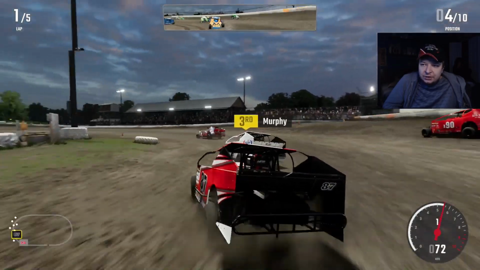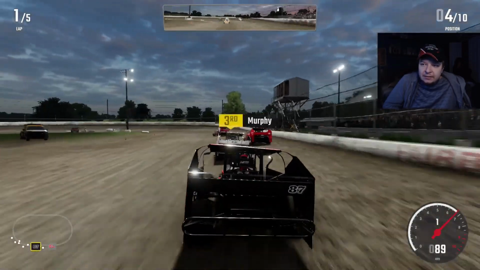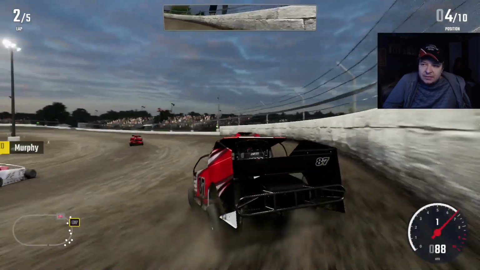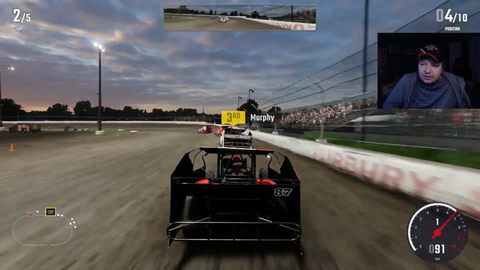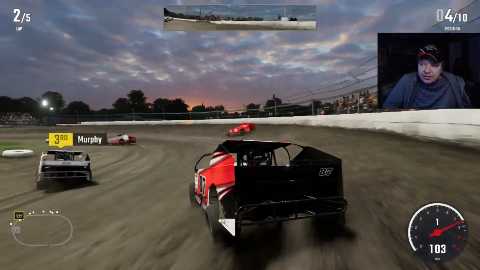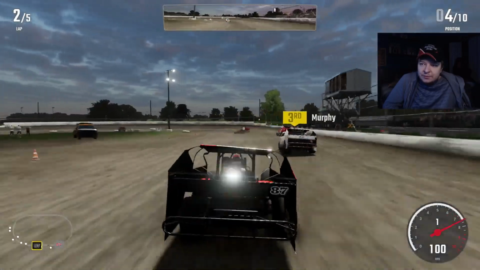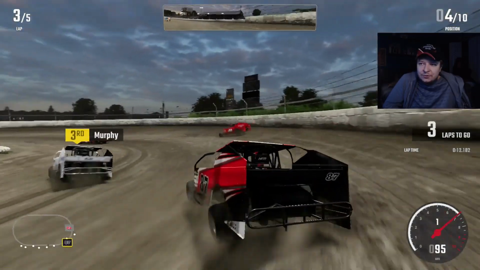Right now we are in position to move on to the A main. I'm afraid to try the high lane because I don't really know if it works. It doesn't seem like it usually works. Well, it sometimes works at this track, but I don't know if this series really benefits from it or what. Didn't really seem like it from those two corners,